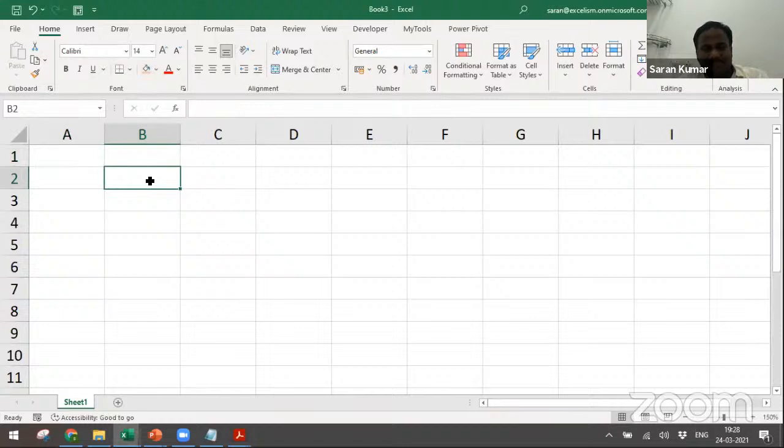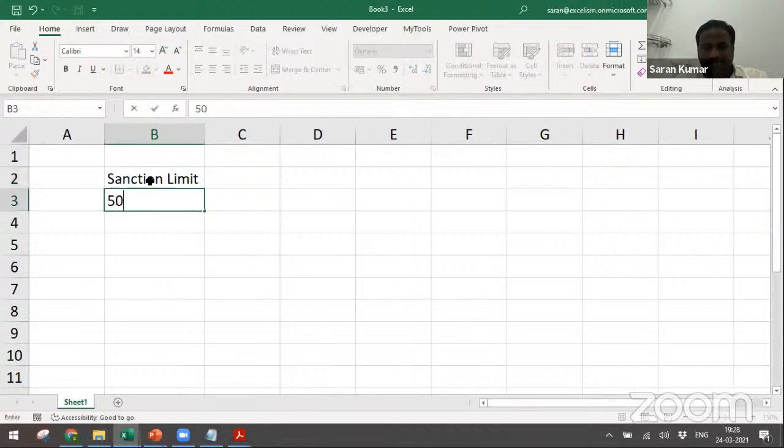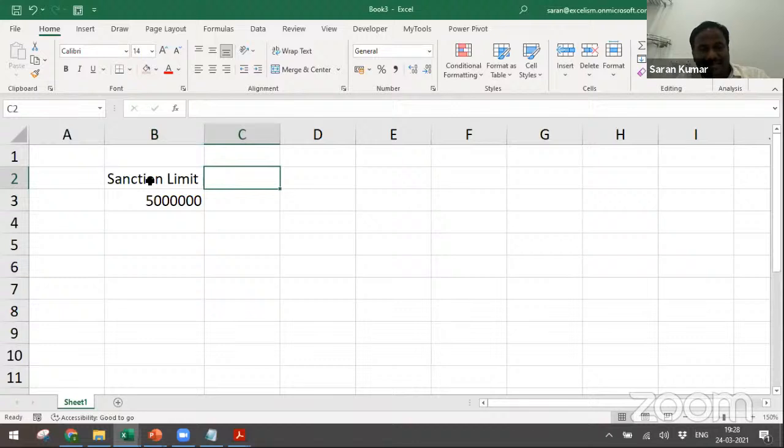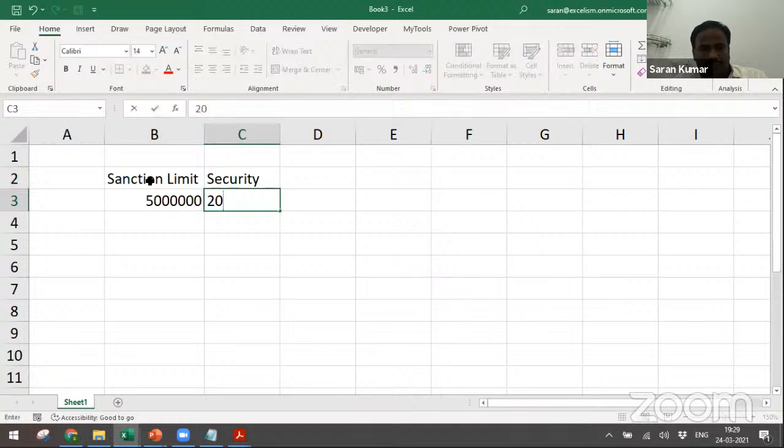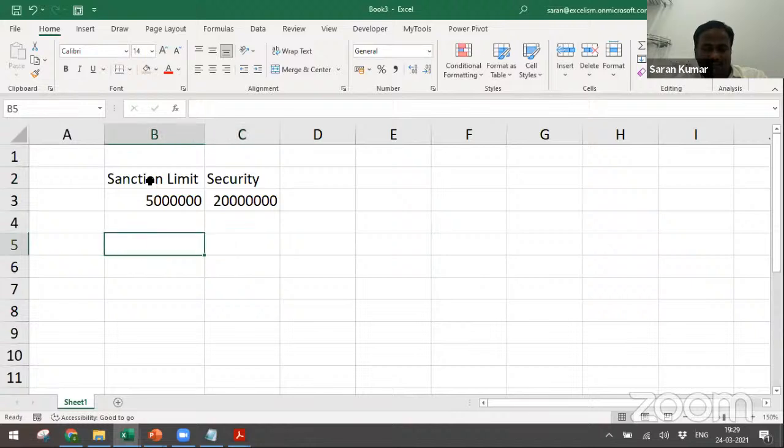Let's say the sanction limit at the time of sanction is 50 lakh. At the time of sanction, they have taken a security worth 2 crore. For the 50 lakh, 2 crore.